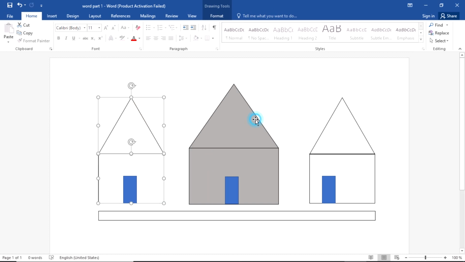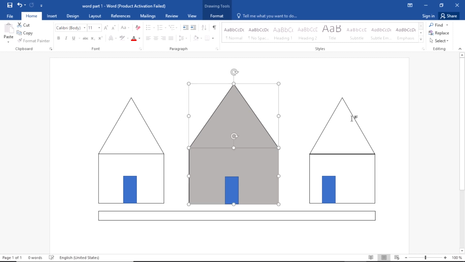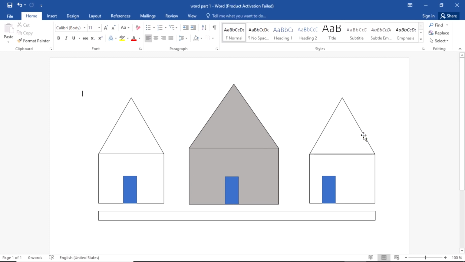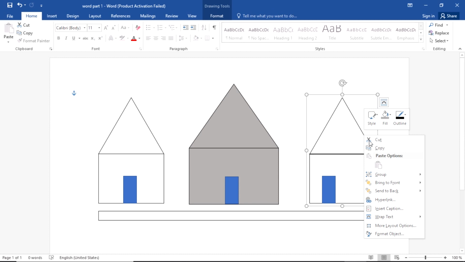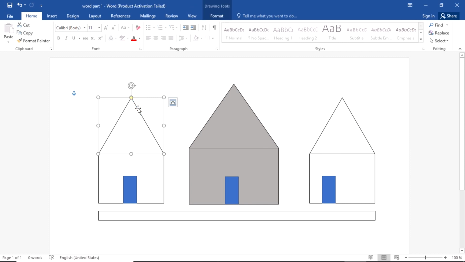You can do that for the rest of the rectangles as well. Group, ungroup, and finally this rectangle we can select and right click and go where it says group, ungroup, and as you can see, our rectangles have been ungrouped and we can make changes to them